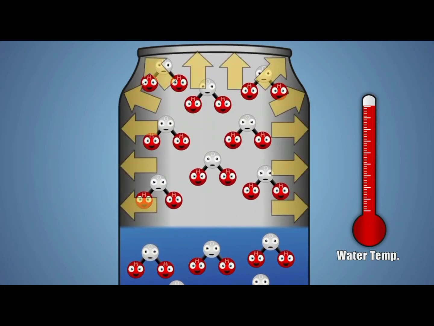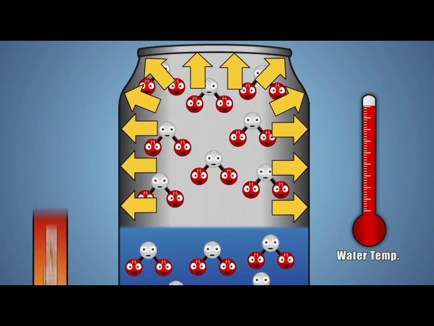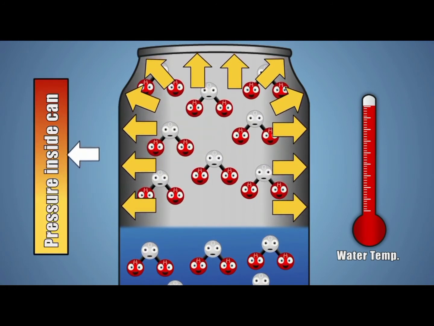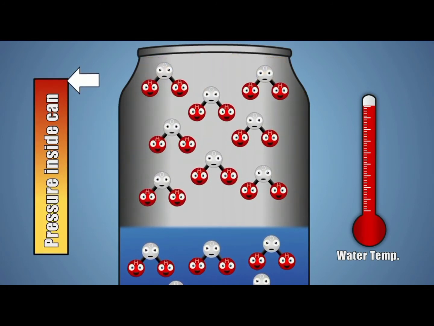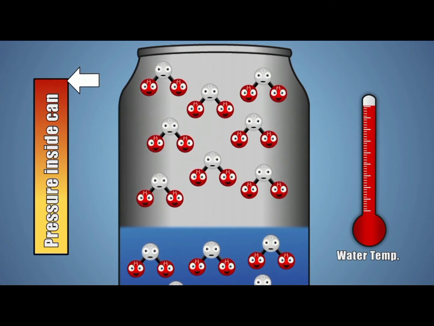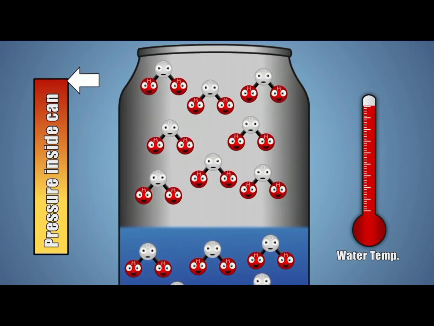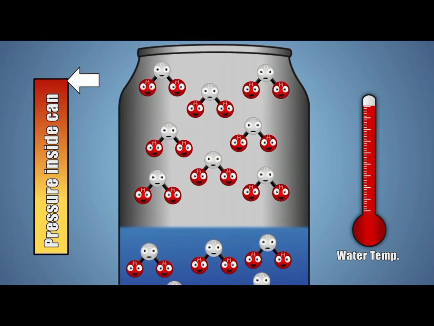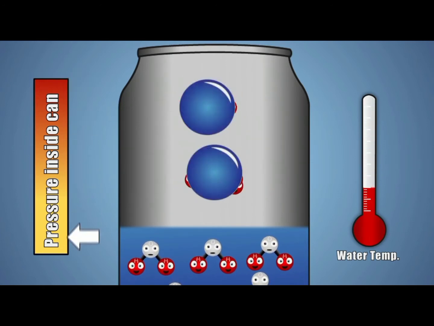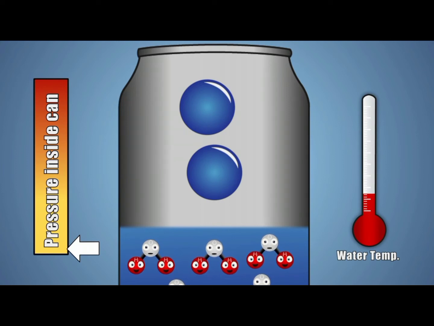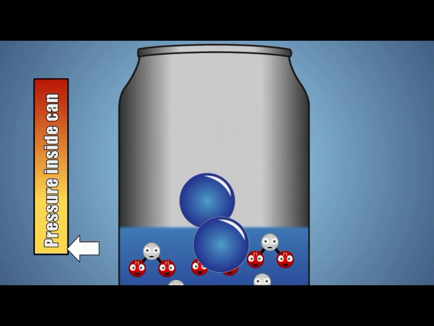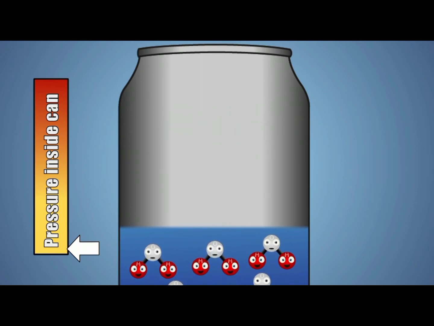As our water vapor fills our can, it presses against the sides of our can, creating an increase in pressure. When we place our hot can upside down in our cold water, all the water molecules that filled our can get really close together and turn into a few drops of liquid water. This liquid takes up a lot less space than gas. Water in its liquid state doesn't exert nearly as much pressure on the inside of the can as it did